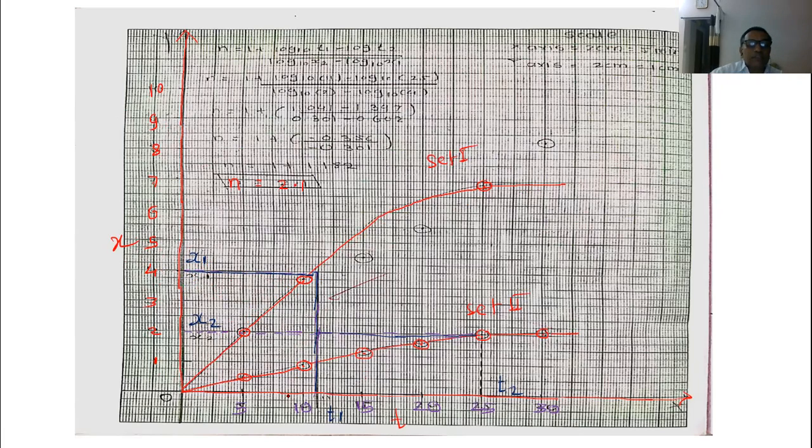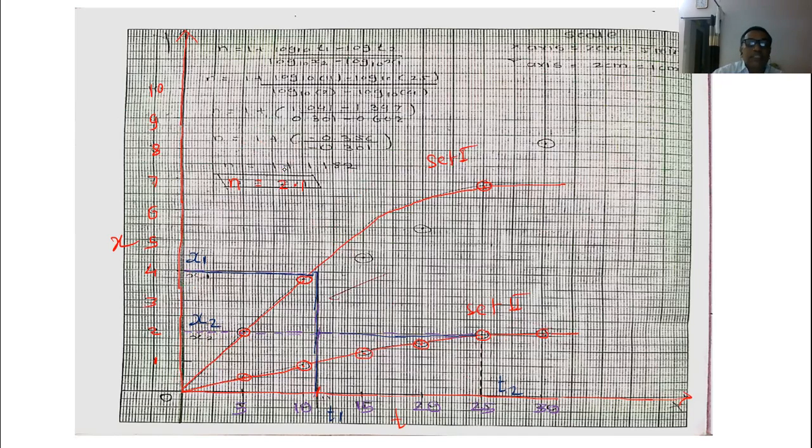Corresponding to x1, the t1 value should be around 11, and the x1 value should be around 4 ml here. Then similarly for the second set, we take the x2 value as 2 ml, and the t2 value is around 25. So with the help of the x1, x2 values and t1, t2 values,